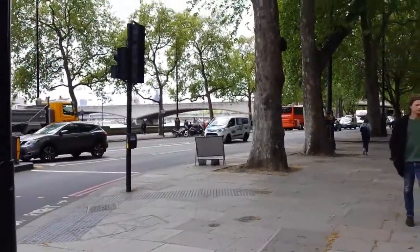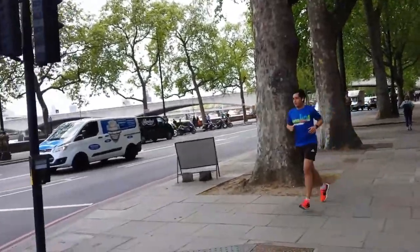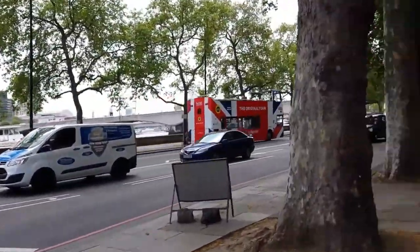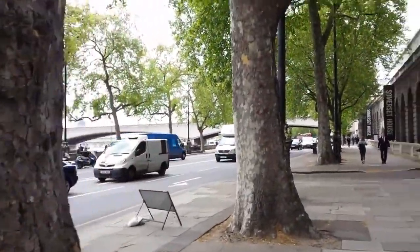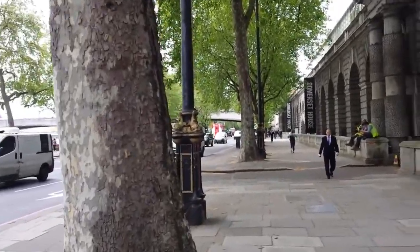This is a cool bit, you like this bit. This is the car chase. Car driving backwards, this way, going that way, and then coming from the Embankment way, coming up that way as you pass Somerset House, which is right here. And also